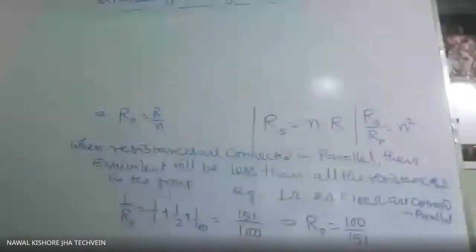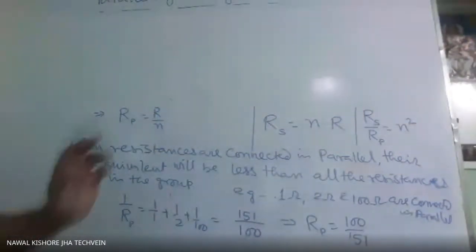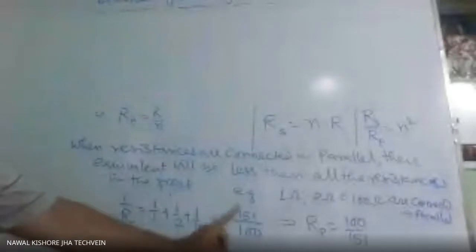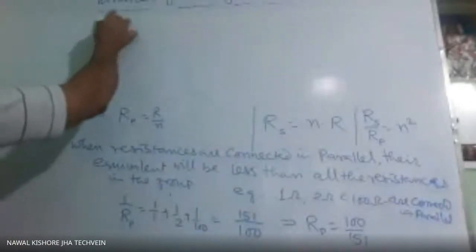Now, if only two resistors are connected in parallel, we will always learn that relation and use it frequently for two resistors, because if you find it the other way, you will forget. You will write this is the answer and it is wrong. So we will not do this one. Use this one for two resistors.